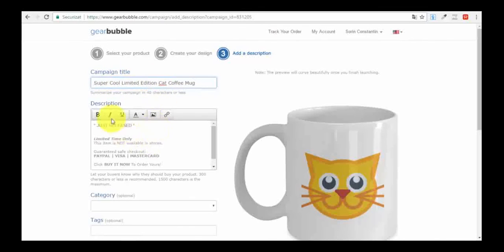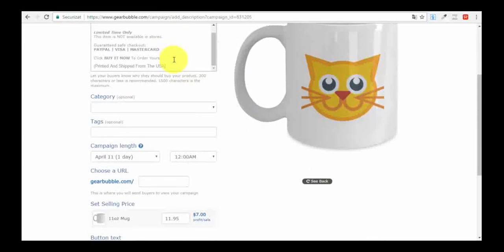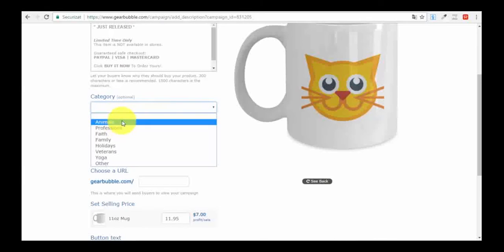And that's it. Then you have the description. The description field is already populated by them, but you can add your own details in here, like the coffee mug dimensions, the details about the design and stuff like that if you want to. Like how many pieces are available. You can add scarcity in your description and other things like that. So it's your option, obviously. And after you are done with the description, you have to choose a category for your product, which is, by the way, optional, but it's recommended. At least I recommend you to do so. And we will choose animals.